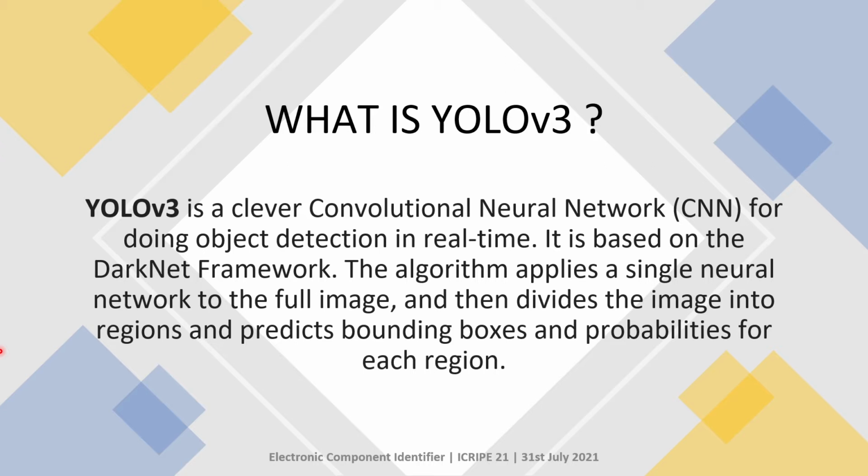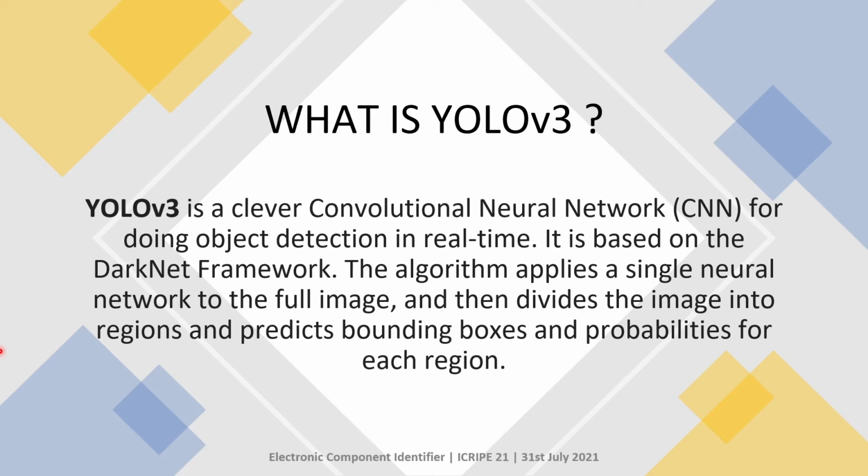This algorithm compares the trained model, which we have already trained, with the input image so as to give out some probability values. And this algorithm is much faster than other neural networks because it scans the whole image at once, while other neural networks scan every input image line by line or pixel by pixel. So hence YOLO v3 is faster.